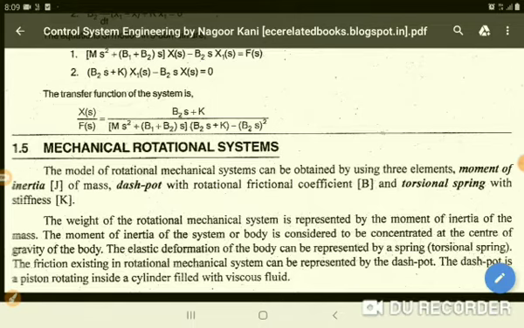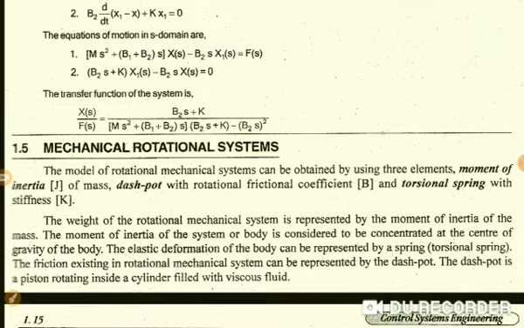In this video, I am going to explain the mechanical rotational system, the basic elements in a rotational system and the symbols involved in it, and the torque balance equation. Hopefully you are well aware of the mechanical translational system. I already posted a video regarding the translational system, introduction and tutorial problem. All the links are given in the video description box. Those who want to refer may refer to the same.